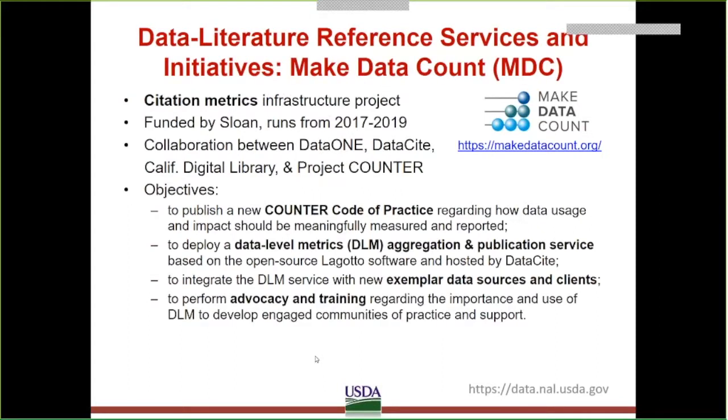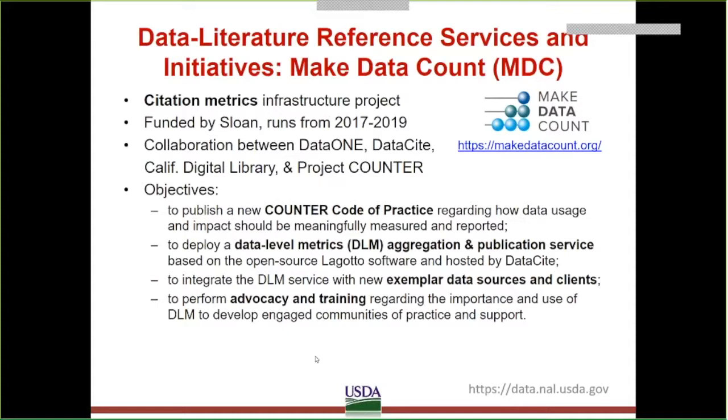Another very interesting project to watch is the Make Data Count initiative, funded by the Sloan Foundation with participation from the California Digital Library, DataONE, DataCite, and Project Counter. As you may know, Counter currently provides the tools to enable publishers and vendors to report usage of their online resources in a consistent way, and thus allows libraries to assess user activity.